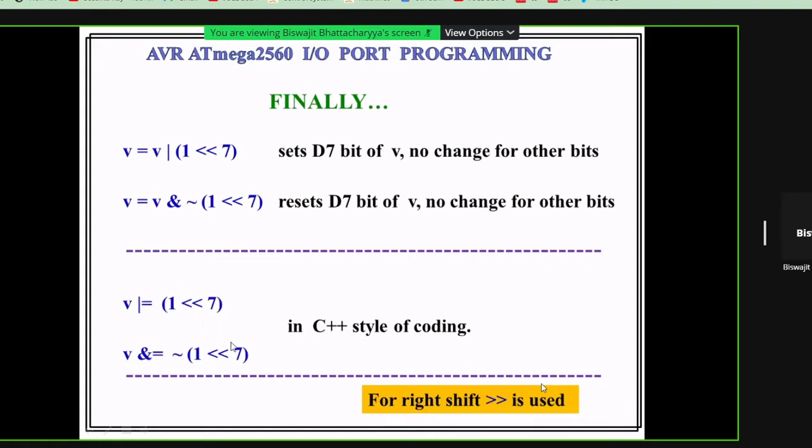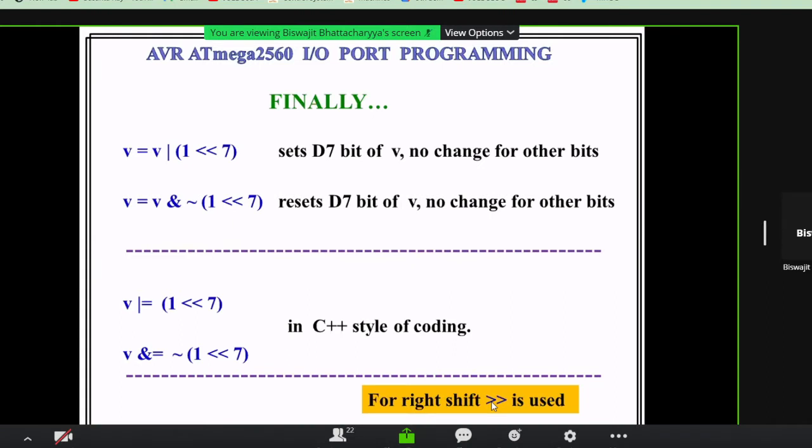For right shift, we know greater than is used, but we are not using it. In our case, for this particular setting or resetting type of program, we will always use less than, because if we use a consistent rule, there will be no chance of having error.